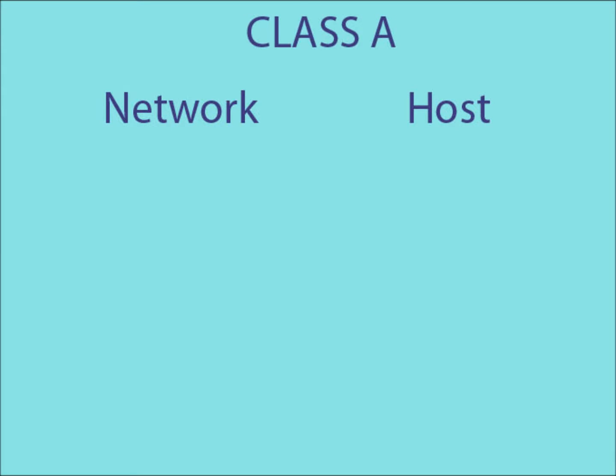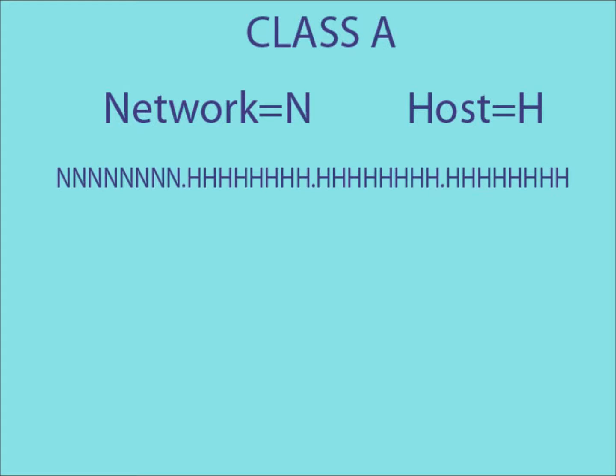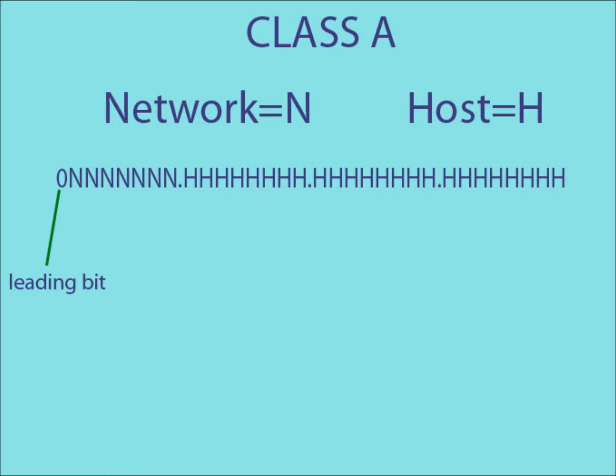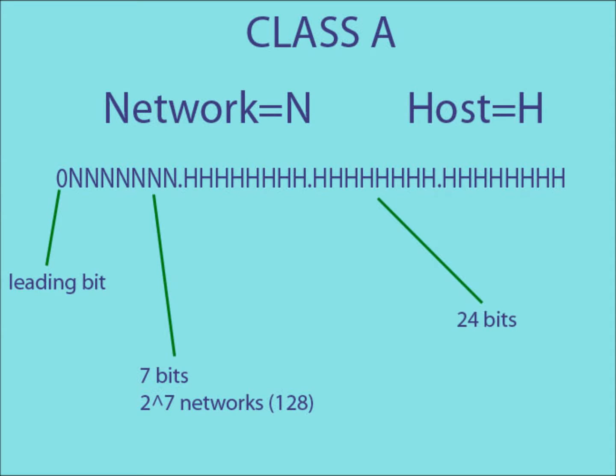Now the difference between all these classes is the way in which they are split between network and host. In a Class A IP address, only the first part of the address is used as a network ID. Also, the leading bit in a Class A IP address is always a 0. This means that the remaining 7 bits in the first part can be used to create network IDs. This means that there are a possible 2 to the 7 network IDs that can be created. The remaining 24 bits of the IP address can be used to create host IDs. This means, using Class A IP addresses, you could have a possible 128 networks, each containing a possible 2 to